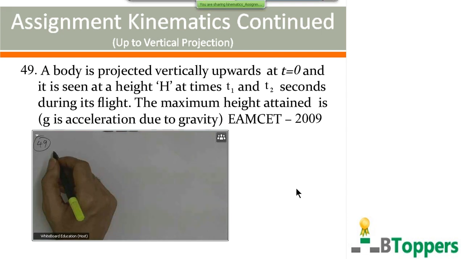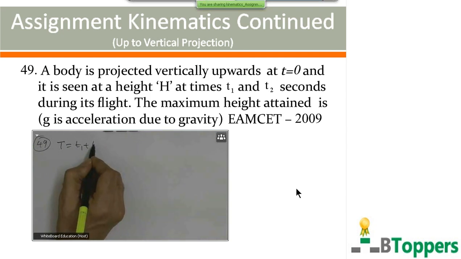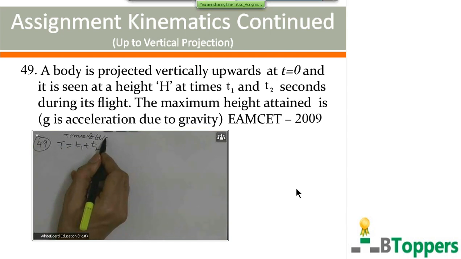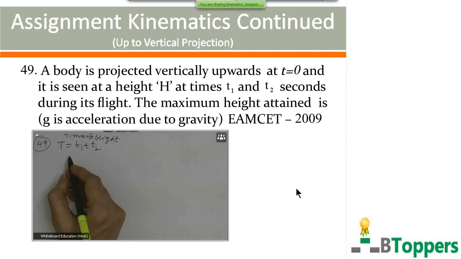So in the summary of the conclusions I have discussed before I started discussing the problems in vertical projection, I have discussed the summary of the theory of vertical projection. In one of the conclusions I have discussed, if the body is found at the same height or at the same point at two instants of time, t equal t1 and t equal t2 respectively after projection, I have given with explanation that time of flight can be written as t1 plus t2. So this conclusion I have discussed in the past with explanation.